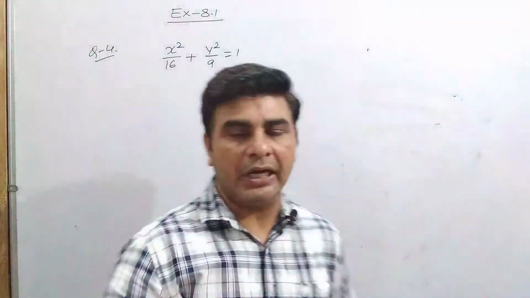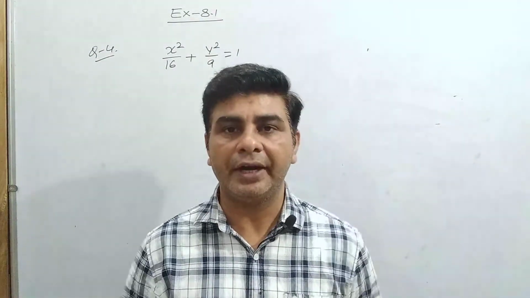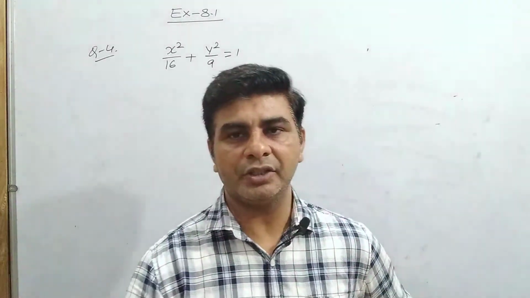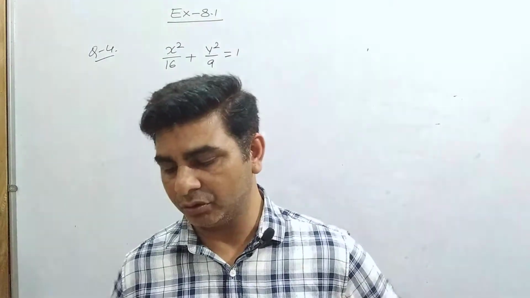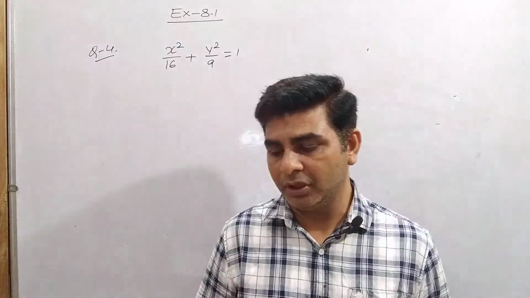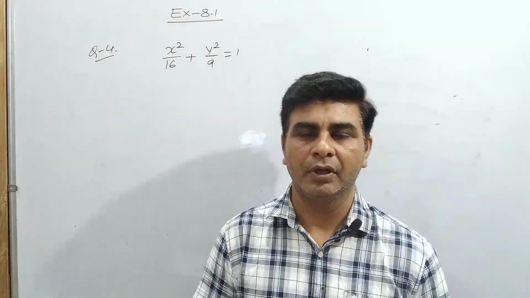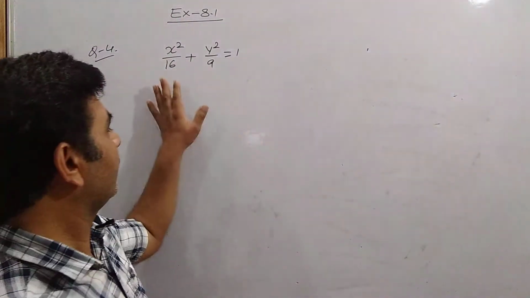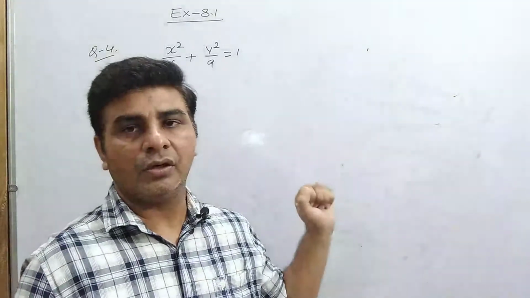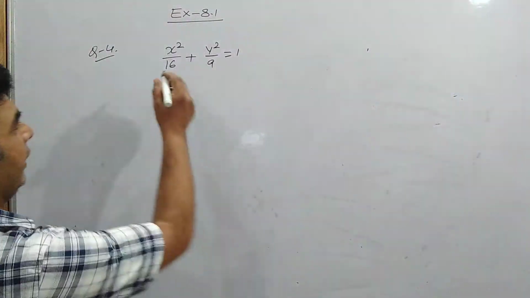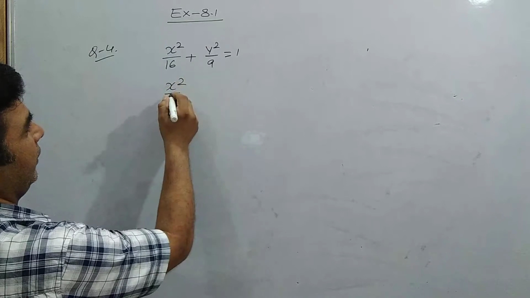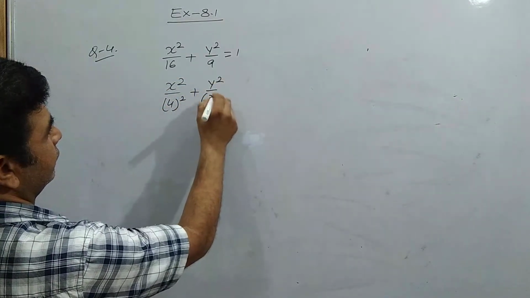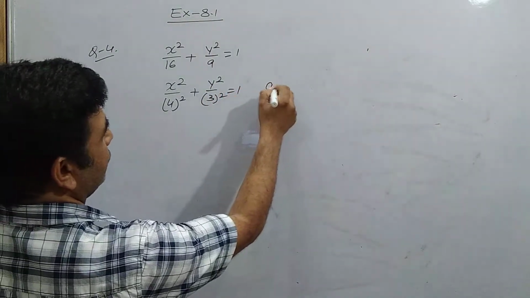Let's see, first of all we have to identify. हम क्या करना है सबसे पहले आइडेंटिफाई करेंगे ये कौन सा फंक्शन है, कौन सा कर्व है, और यहाँ इसमें पहचान करने की आपको रिक्वायरमेंट ही नहीं है क्योंकि this is already specially mentioned to you in the given question that this is your ellipse, but we have to identify which type of ellipse this one is. This is the ellipse which is known as a horizontal ellipse because the value of a is more than b, and this can be written like this. A is always greater than b.